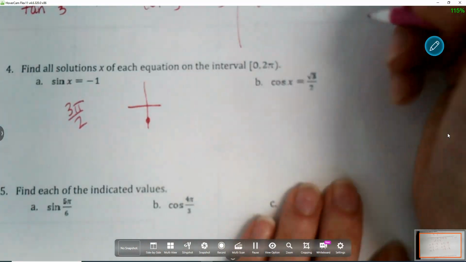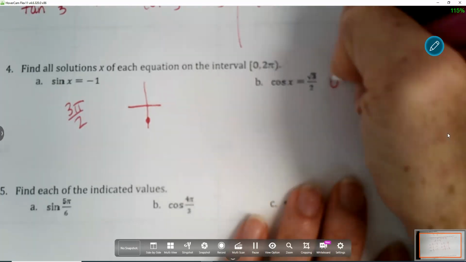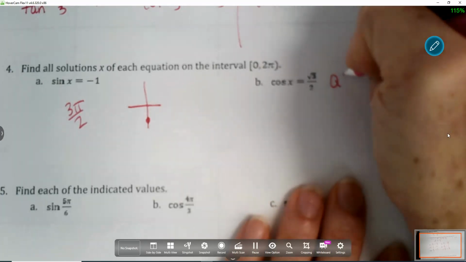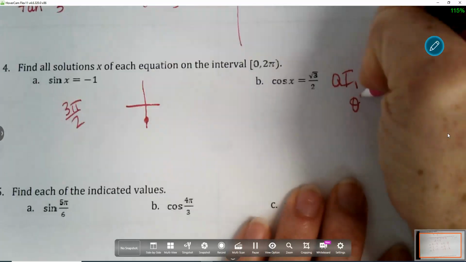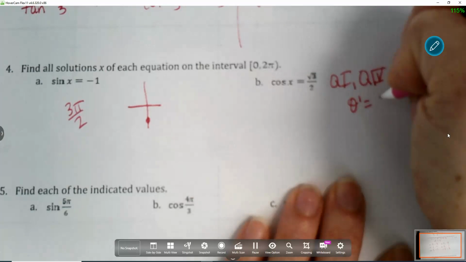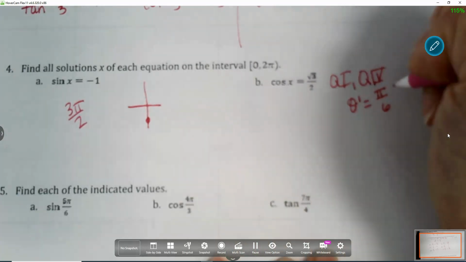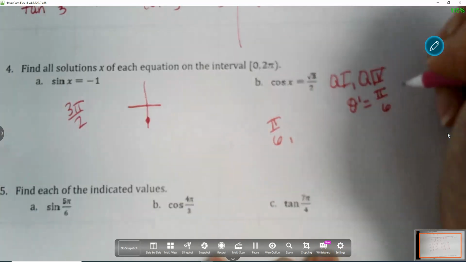Okay, over here, cosine equals radical 3 over 2. So in which quadrants is cosine positive? 1 and 4. Reference angle. When is cosine radical 3 over 2? 30 degrees, so that's pi over 6. So pi over 6 in quadrant 1. In quadrant 4,